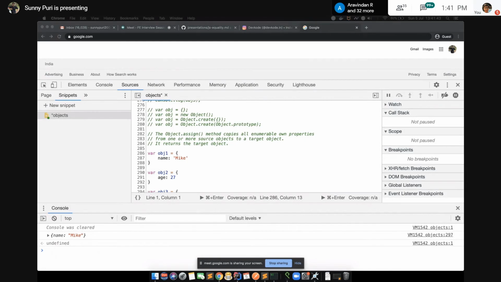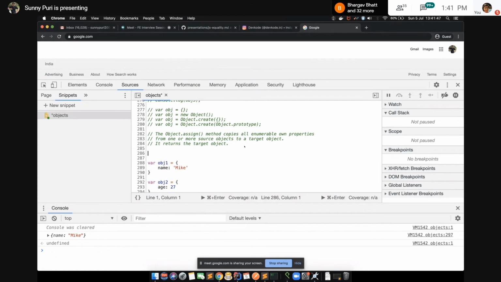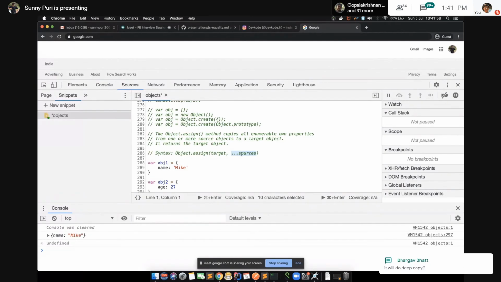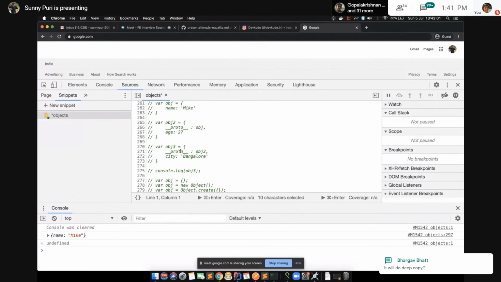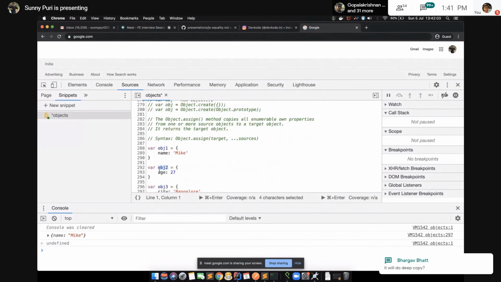So this is the target object. Just go through the syntax. This is the syntax. All source objects' enumerable own properties. Own properties means this object's own properties.